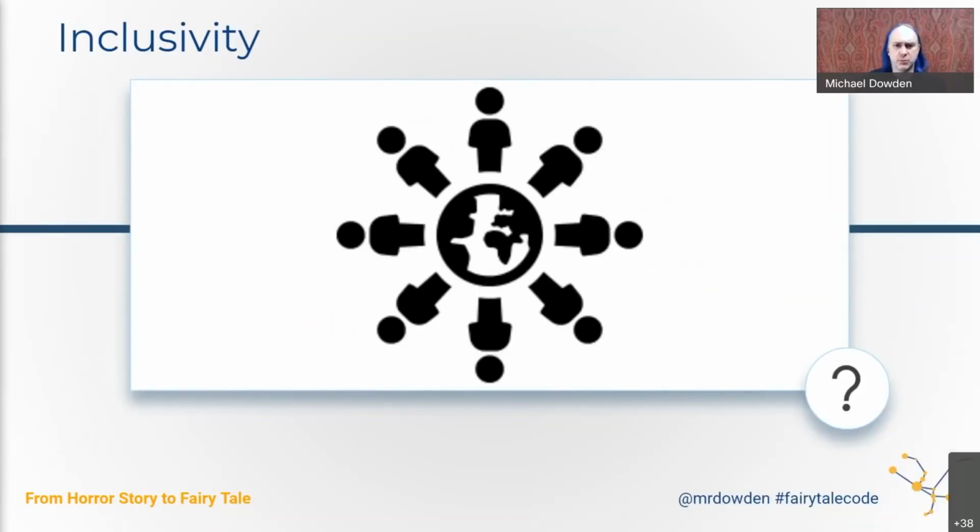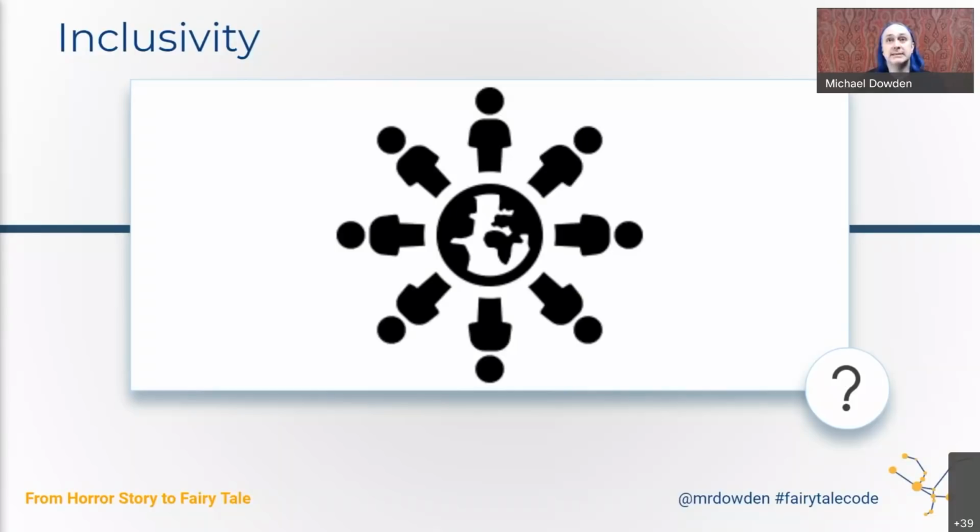Another reason that this is important is for inclusivity. Not everybody has the exact same background as a developer. Some developers come from computer science degrees. They have a master's in computer science. They maybe worked at Google, Microsoft, or Facebook, and that is their background. We may have other developers that graduated high school, went to a coding academy, and started coding. And both of those backgrounds are perfectly valid. But that means you have a different common language to use when you're working on things.